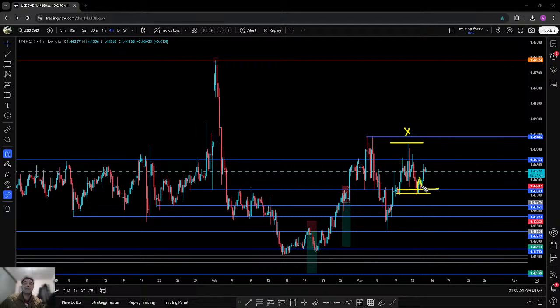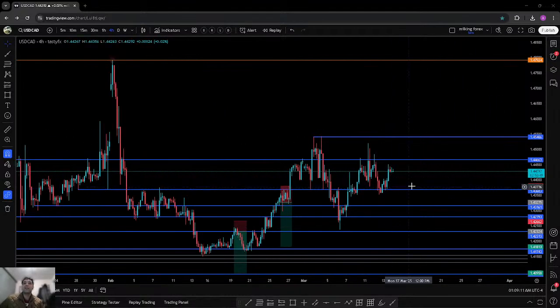This was a beautiful trade in the sense that it is a three wave pattern move. There were two bullish candles, then one red candle, and prices actually broke out of this structure. So we can't say exactly that it is a short or long right now, but overall it could develop into a different formation. This could be considered a head and shoulders, and this was the neckline, but the prices couldn't break the neckline. So this is really important: if there is a break of the price on this low right here, we might see a retest, and then we can expect the prices to go down in the US dollar case. But currently it isn't showing that.